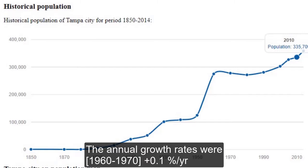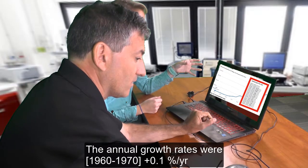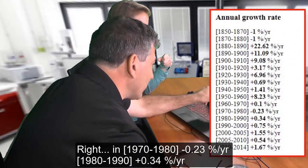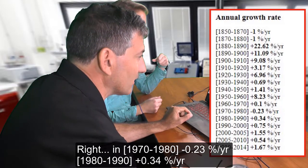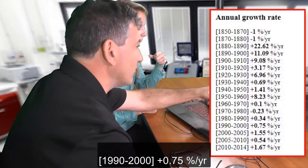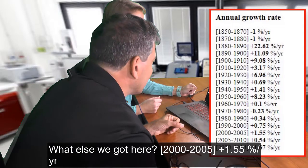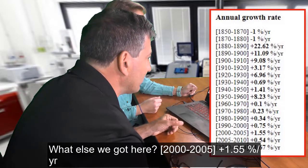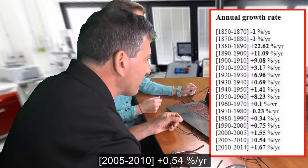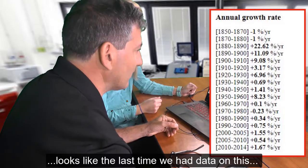The annual growth rates were, from 1960 to 1970, plus 0.1% per year. Right, 1970 to 1980, negative 0.23% per year, and 1980 to 1990, plus 0.34%, 1990 to 2000, 0.75% per year. What else we got here? 2000 to 2005, 1.55% per year. 2005 to 2010 is 0.54%. 2010 to 2014 looks like the last time we have data on this,